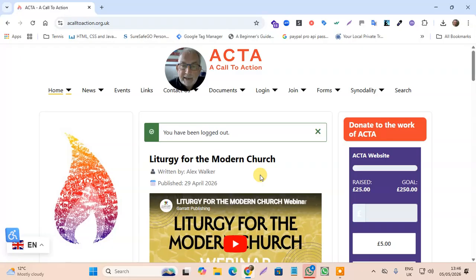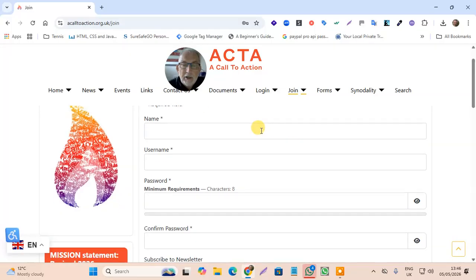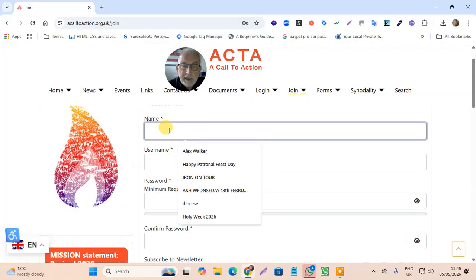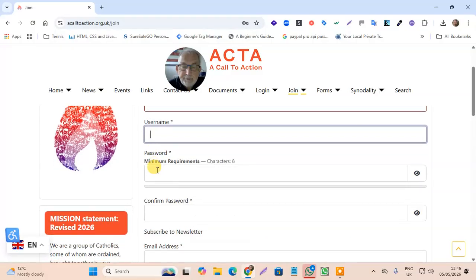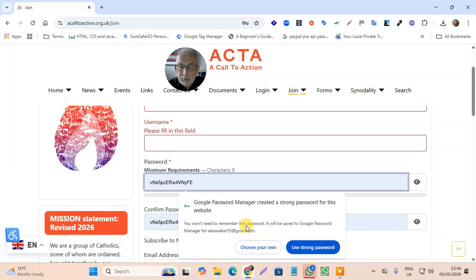How do I join ACTA? Simply by clicking on the join link, it will then take you to this menu where you put in your full name, your username and your password. With passwords, I always recommend using a strong password, and you can see from here you can click on suggest strong password,